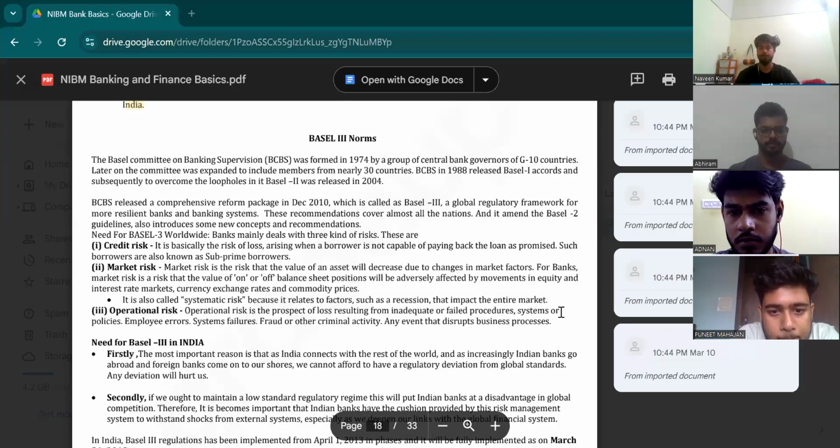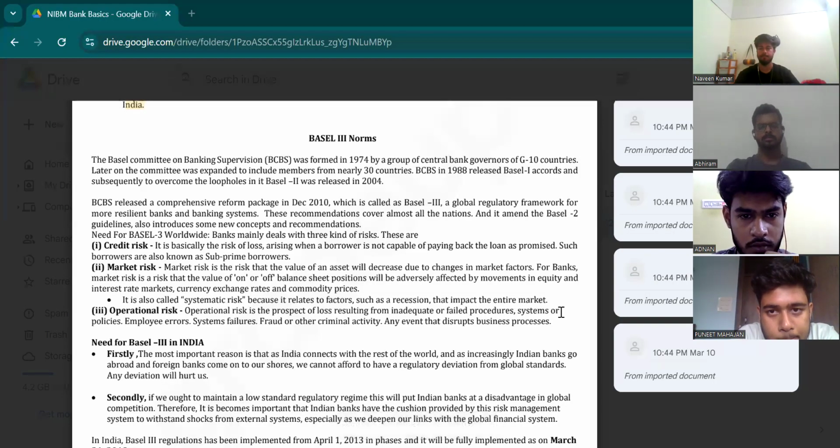So this is the credit risk. That is the first risk. Second risk is market risk. Market risk is what? Market risk means the value of an asset will decrease due to changes in the market